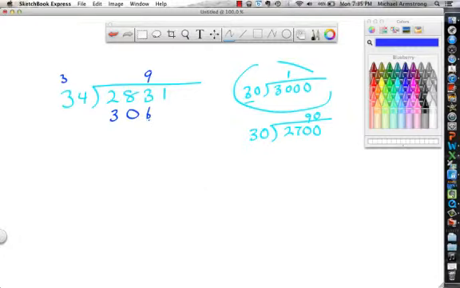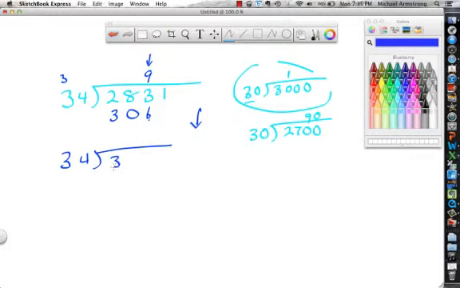If that's still too big, then we're going to have to just adjust. This is probably what we were supposed to do the first time. We have to adjust, and we're going to adjust down on this number. So this number is too big because I got 306, which is bigger than 283. If I adjust down one time,